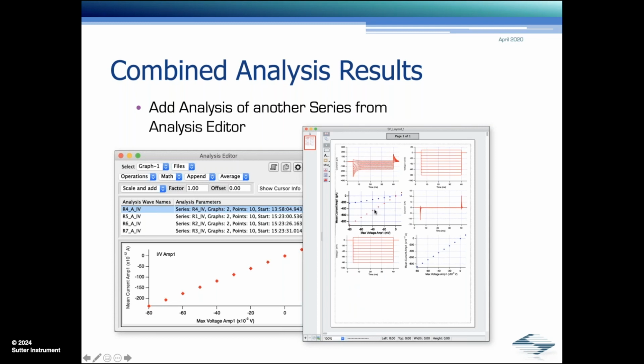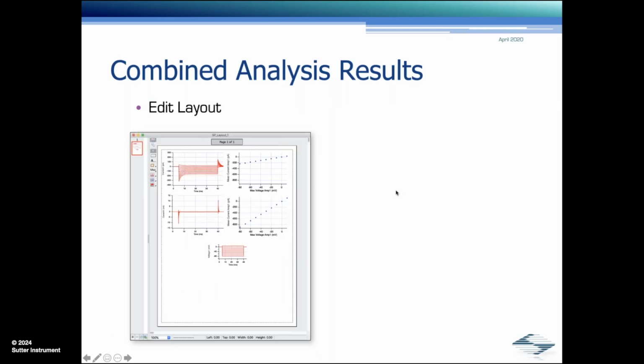And note that this was new in version 204. In version 203, you would have a white opaque background of the IV curve, so you wouldn't see the one that's below. This is a quick and dirty way of comparing 2 IV curves, but you can get as sophisticated as you like. So here, for example, I combined the 2 current traces.